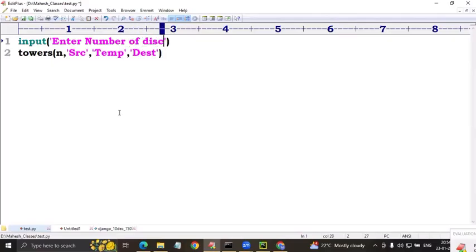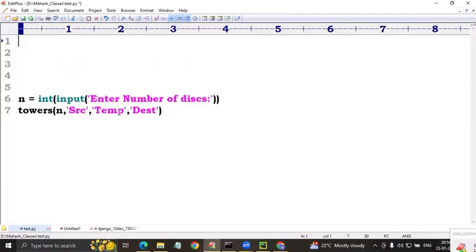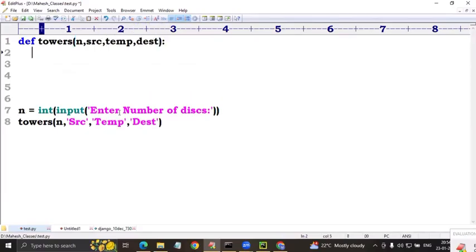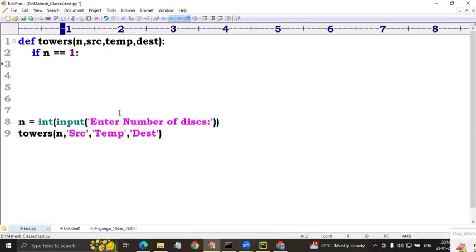Number of disks stored into n, convert into integer. This is the program. Take a function. Def is the keyword, towers, 3 arguments are required: n, source, temp, destination. I'm forwarding them. For example, my n value is only 1. If n equal to 1, how many moves are there? Only one, source to destination. Print, you know, f string with move disk 1 from source to